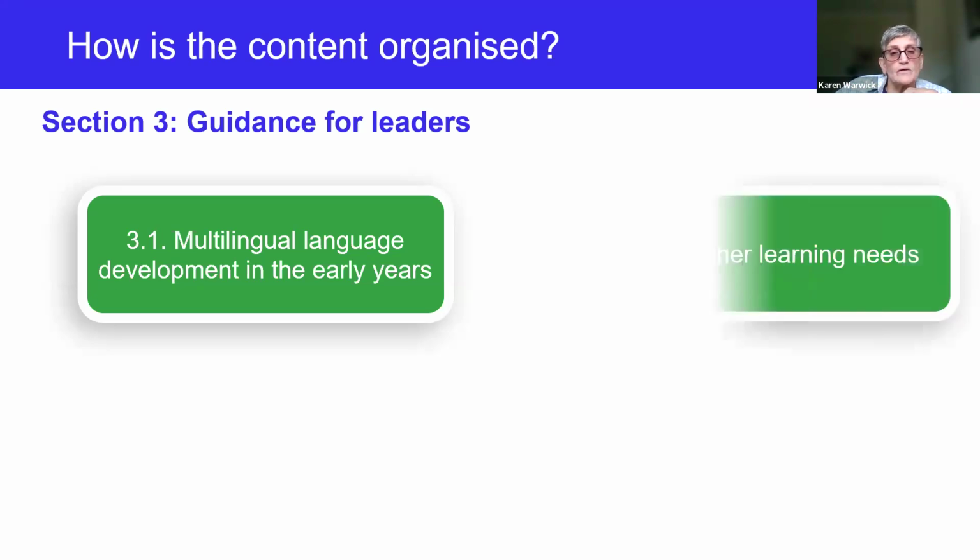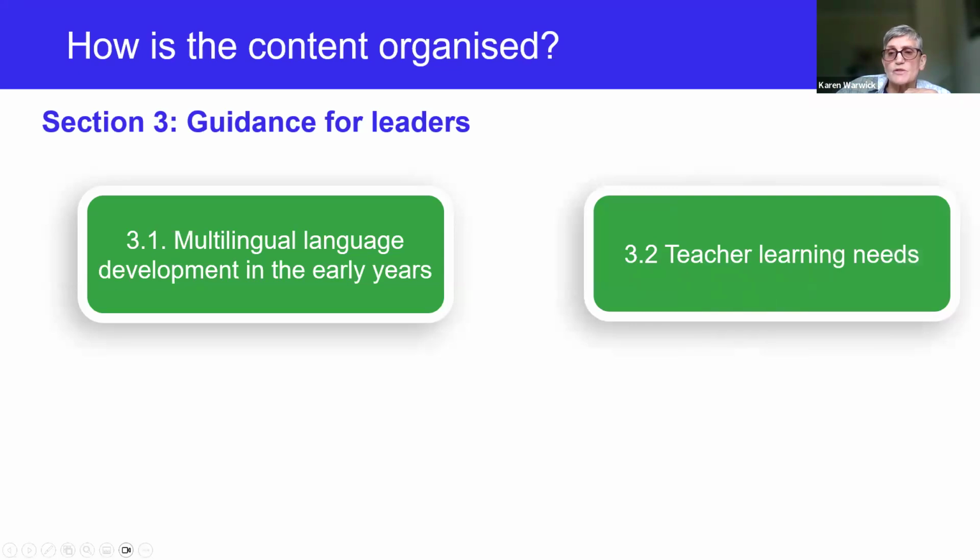So the guidance then directs leaders to the importance of providing training opportunities for early years staff, which research indicates in this sector is lacking. It's important to note that the early years foundation stage strategy framework, sections 1.14 and 1.15 in that document, does support the provision of children using home language alongside play and learning. So therefore, guidance and suggestions are included in this section to address this urgent training need for early years staff